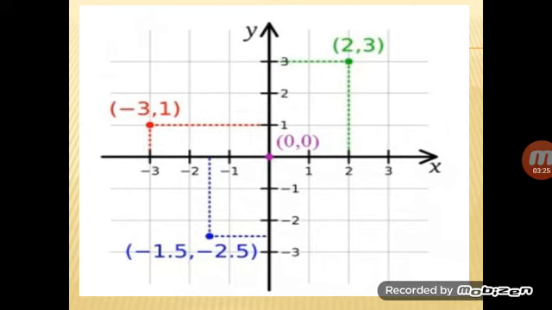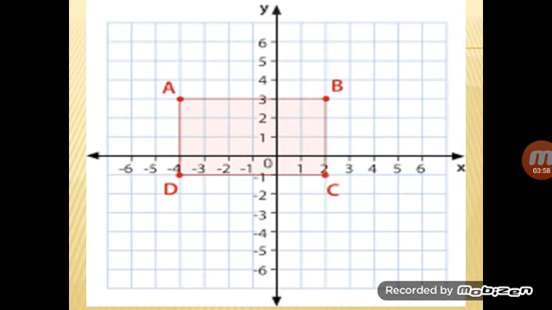And where do we plot a point when x and y both become 0? When x is 0 and y is 0, the coordinates of that point are 0, 0. So where to place it? Yes, we place it at the origin, because at the origin both x and y values become 0. Along the y-axis, the x coordinate remains 0 and on the x-axis the y coordinate remains 0.